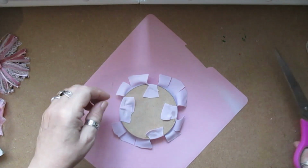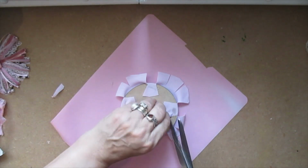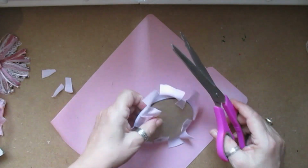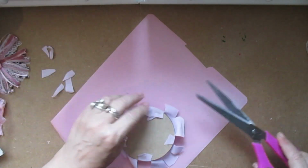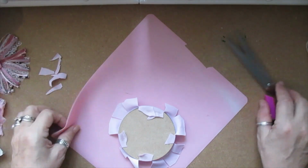Now we can cut all them extra bits off. You don't need all that on. Cut them off as you go around if you get anything like that. This is jersey. Like I say, some of you have got it in the fabric